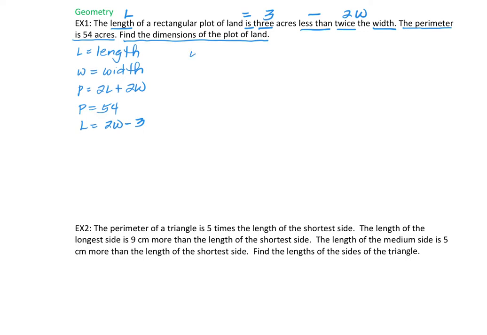The perimeter is 54. That's going to be 2 times, in parentheses, L, which was 2W minus 3, plus 2W. I have one equation with one variable. I can solve this. On the right-hand side, I can distribute the 2 to get 4W minus 6, and then plus 2W. And then combine the W's to get 6W minus 6. Now I just need to solve for W, so I'm going to add 6 to both sides and get 60